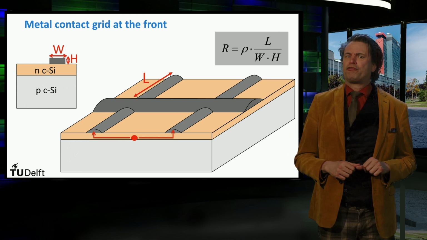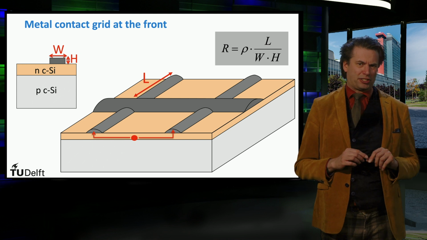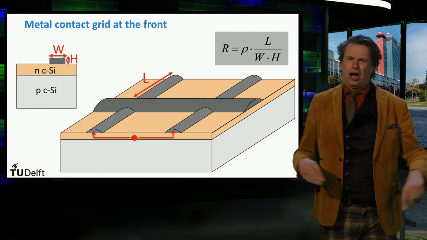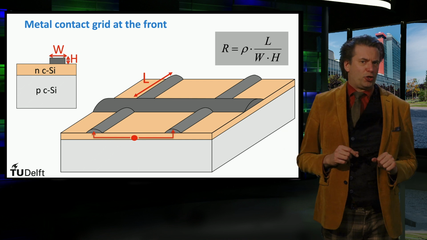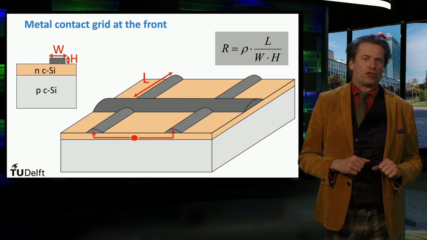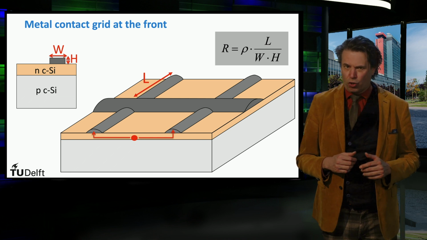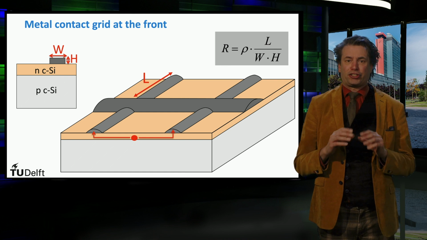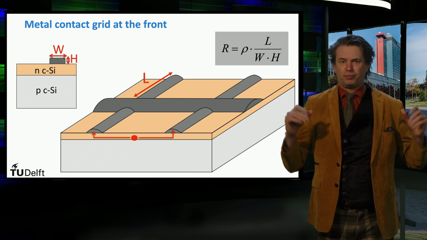Note that the resistance of the contacts will act as a series resistance in the equivalent electric circuit. Large series resistances will result in low fill factors of the solar cell, as discussed in part 1 of the solar energy MOOC. This means that you would like to have the finger cross-section as large as possible.